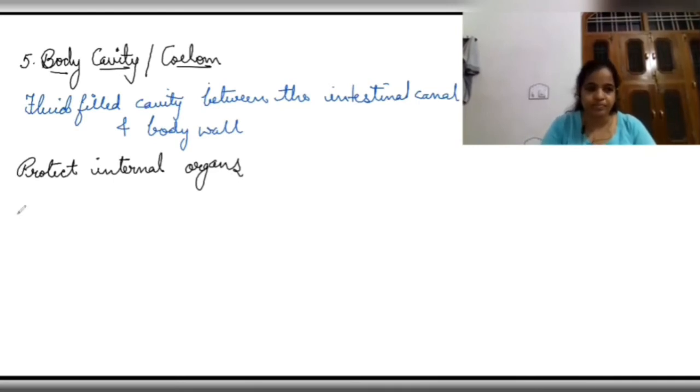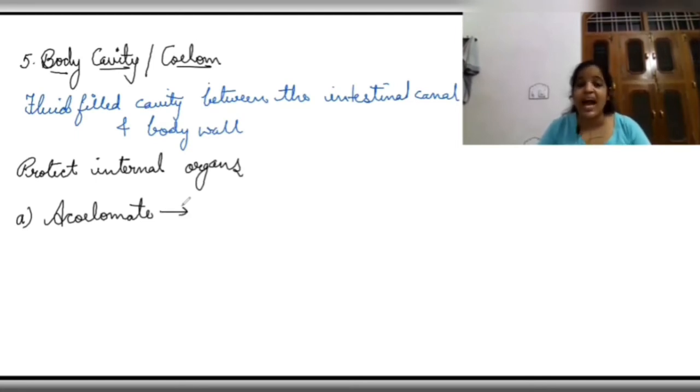Number 1 is acoelomate. If a is present, what does it mean? It means absence. So in case of acoelomates, no body cavity is present. No cavity is present between the body wall and the digestive tract. So how would that transverse section look like? I'll show you here on the screen. So let's write the first point. What is acoelomates? No cavity. And how will that transverse section look like? It would look somewhat like this.